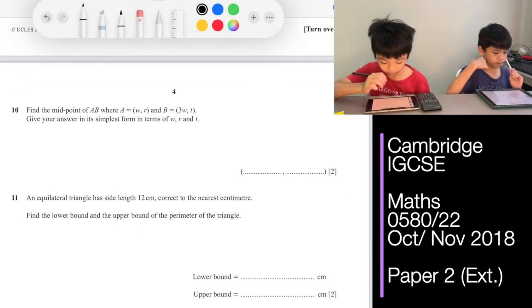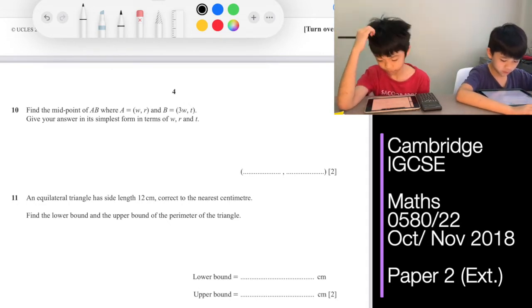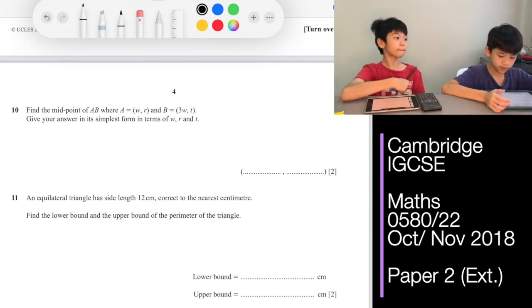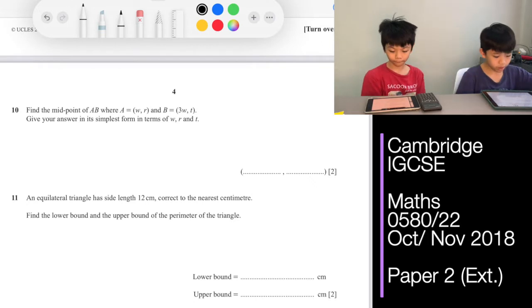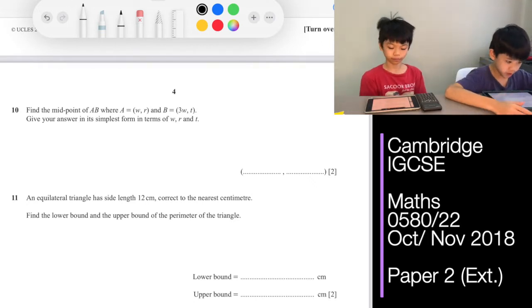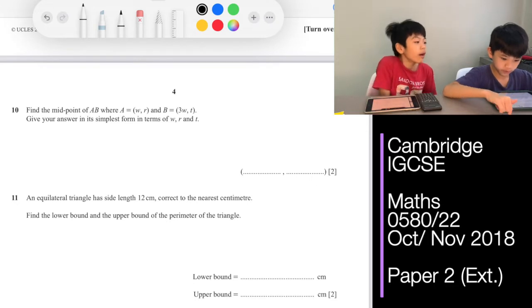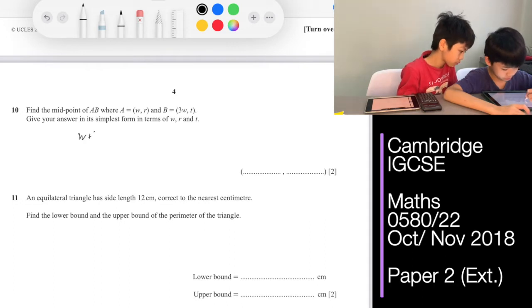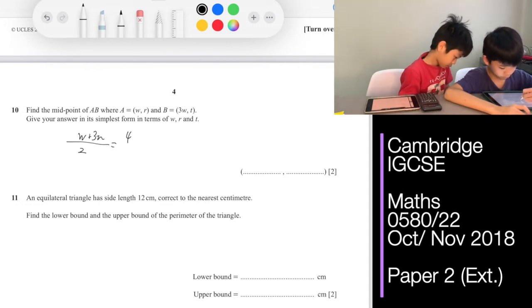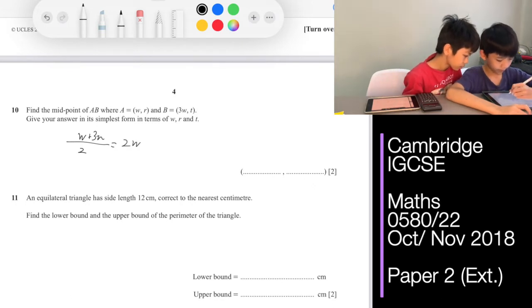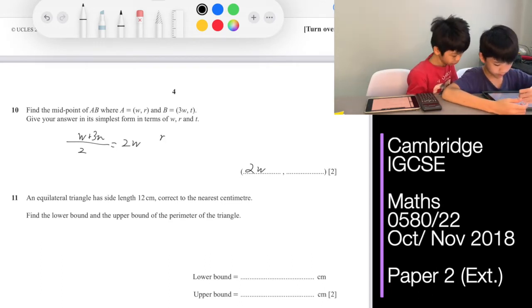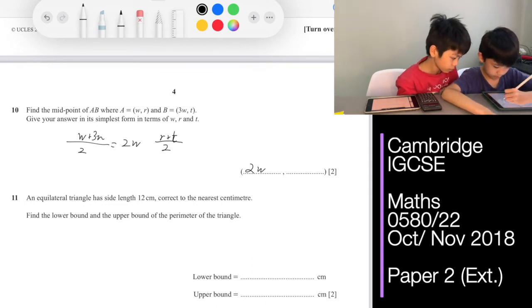Okay, for question 10, find the midpoint of AB where A is (W, R) and B is (3W, T). Give our answer in its simplest form in terms of W, R and T. So first, it's basically like finding the average: first plus second divide 2. So for the x coordinates, that would be W plus 3W divide 2, which is 4W divide 2, which is 2W. And then for the y coordinates, that would be R plus T divide 2. And there's no more simplifying to that. R plus T